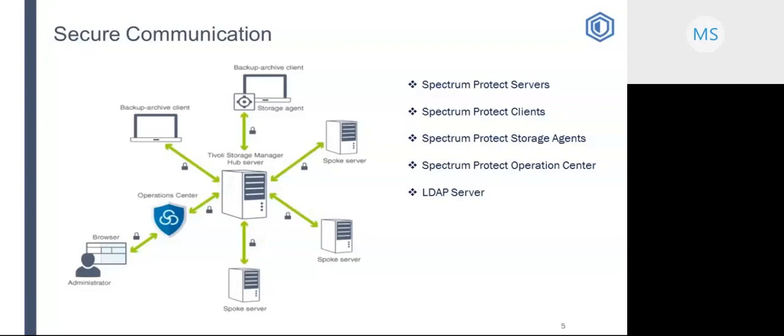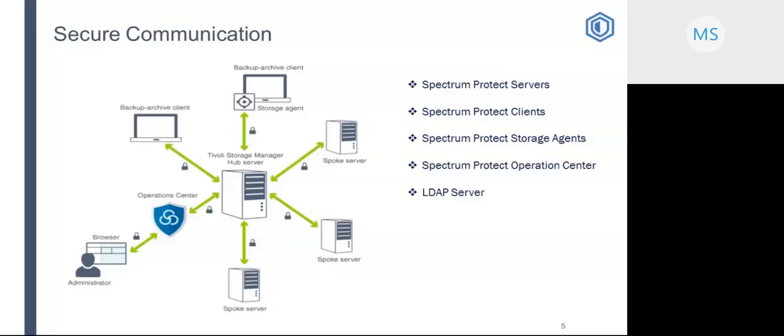Starting with Spectrum Protect 7.1.8 and 8.1.2 versions, the self-signed certificate for each server or storage agent is automatically distributed to all the clients, storage agents, and servers that use SSL to communicate with it. The certificates are verified by the SSL client or server that requests.